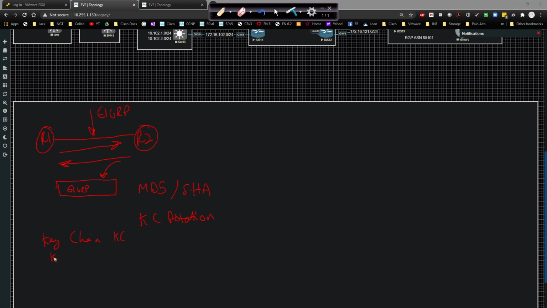Then you're going to have key 1, and underneath here you're going to have the key string. The key string will be some sort of password, like Cisco, for example. And you'll define the keychain, and if you want to enable SHA, you'll use the